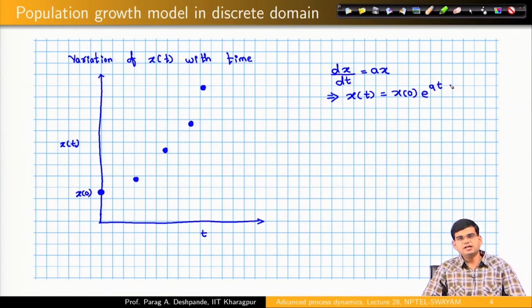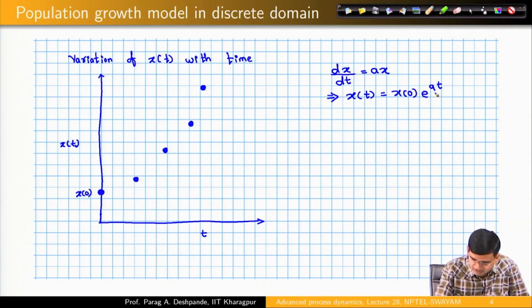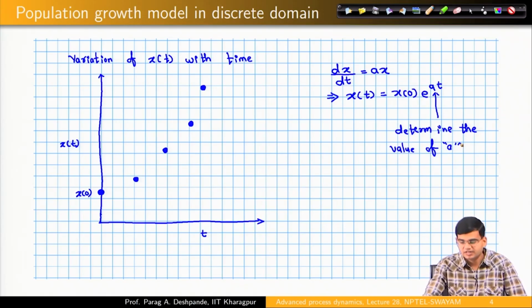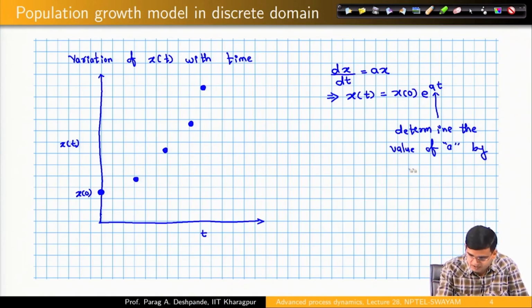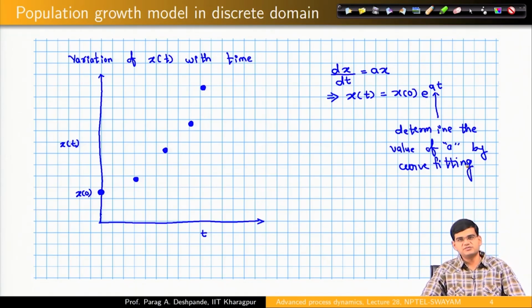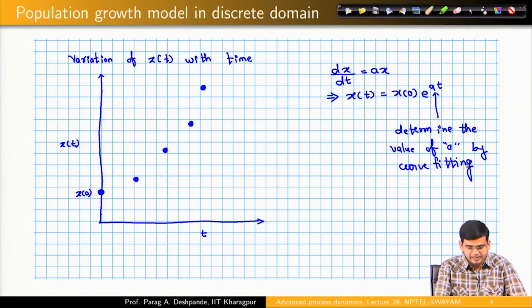So, what you will try to do is determine the value of a. And how are you going to do that? You are going to do that by curve fitting, right. So, what you will do is you will assume some guess value of a, and let us say that